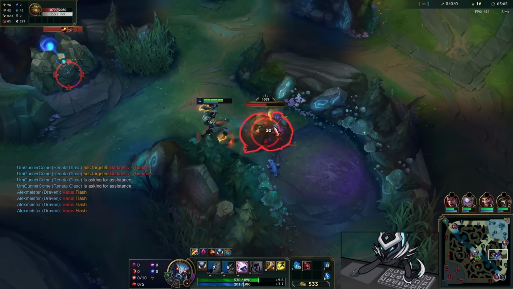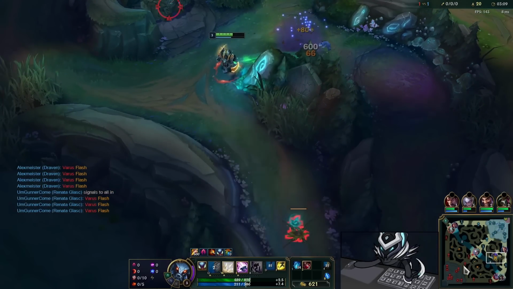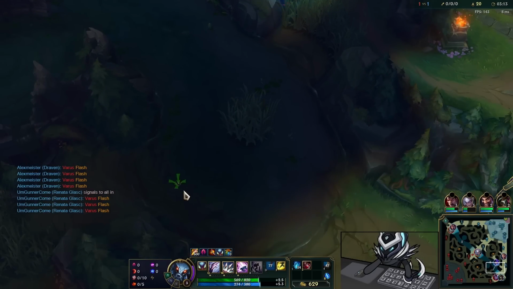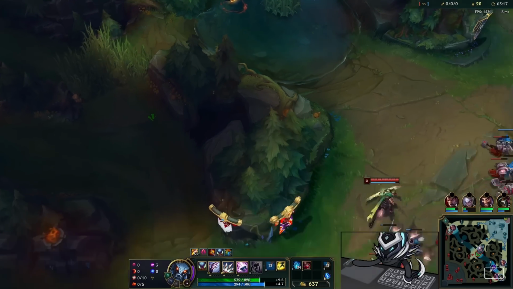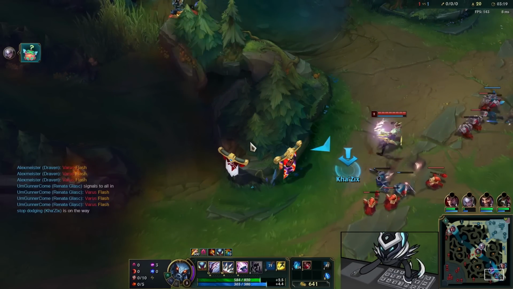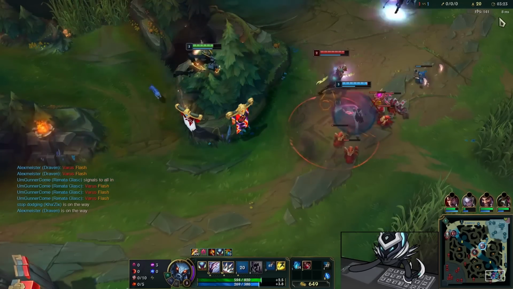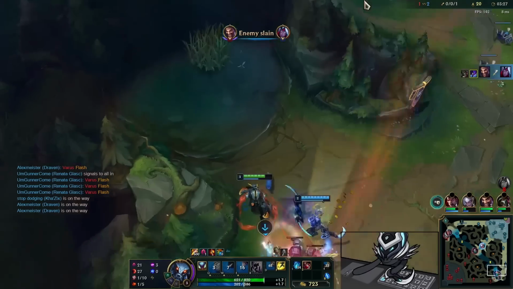Now, I'm doing my camps here, finishing off my Gromp, and my bot lane pings the Varus Flash, right? And he's just come back to lane, so this is looking like a really, really good kill. Also, I don't think Renata based, so she's in the perfect spot to set this up, and yeah, looking mighty, mighty good. So I'm going to jump on him here, and I really want this kill, but, you